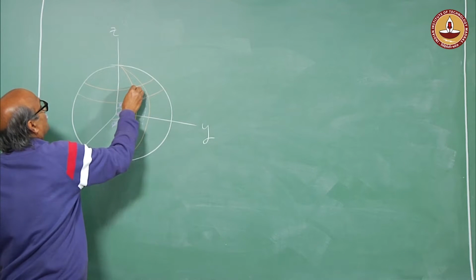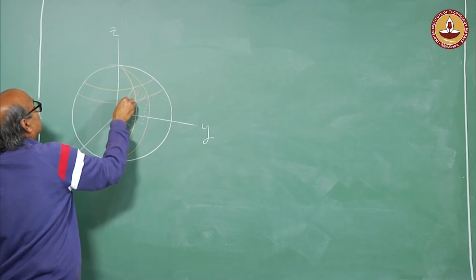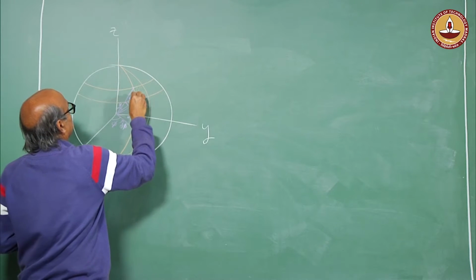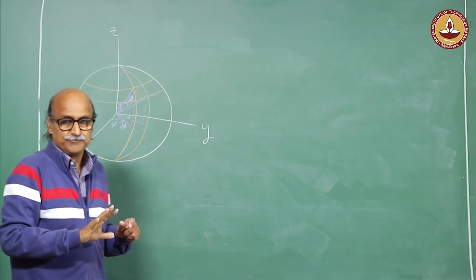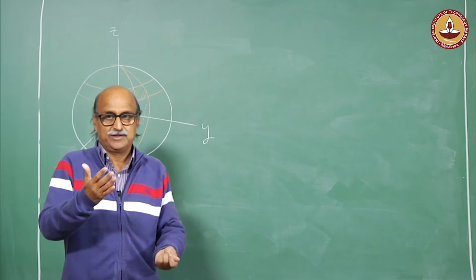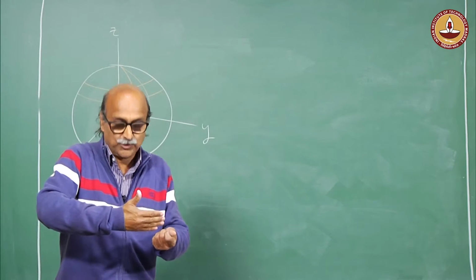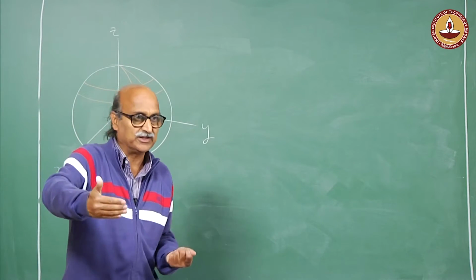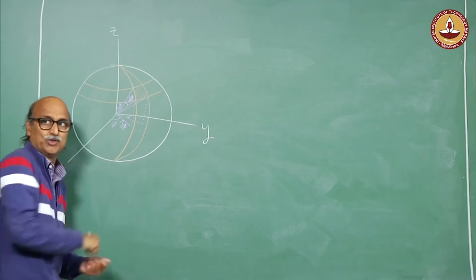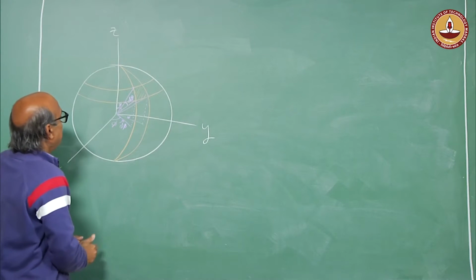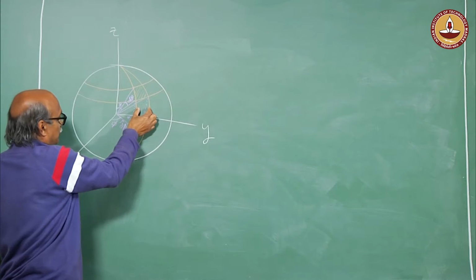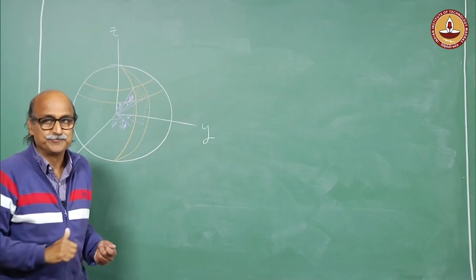Then consider this point here, draw this line, consider this angle to be d theta. So, this entire element now is defined by the angular range theta to theta plus d theta. That gives me essentially the angular spacing between the two latitudes and the angular spacing between the two longitudes by d phi.